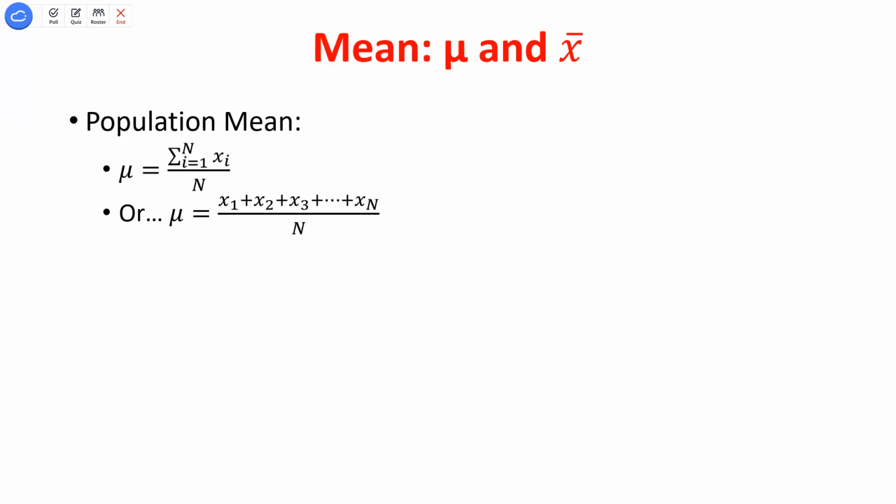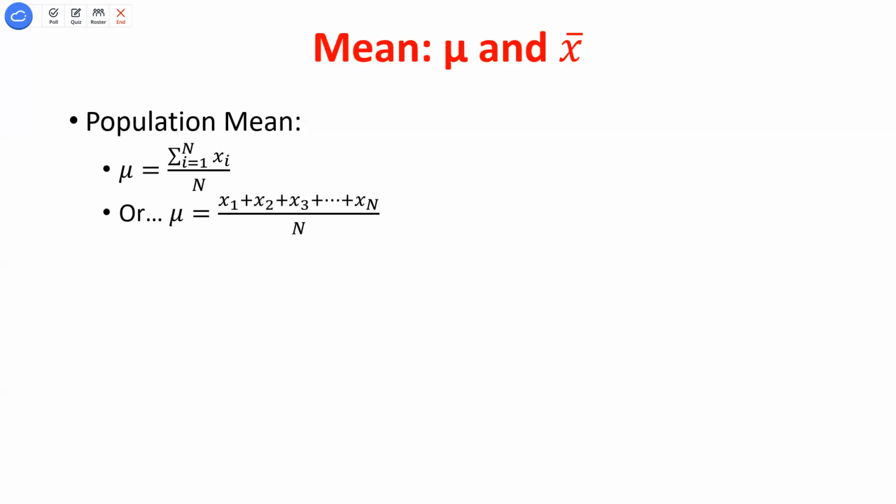But the idea that we could write this out is what we're really doing when we have a variable to find that population mean. I'm taking the very first observation, the value I see for that variable X, adding to that the second observation value for X, adding that to the third. Just adding up every single observation value for this variable. Then at the very end, I divide by the total number of observations I had, the total number of numbers that I added up. So capital N here will be our total number of observations in our population data set.